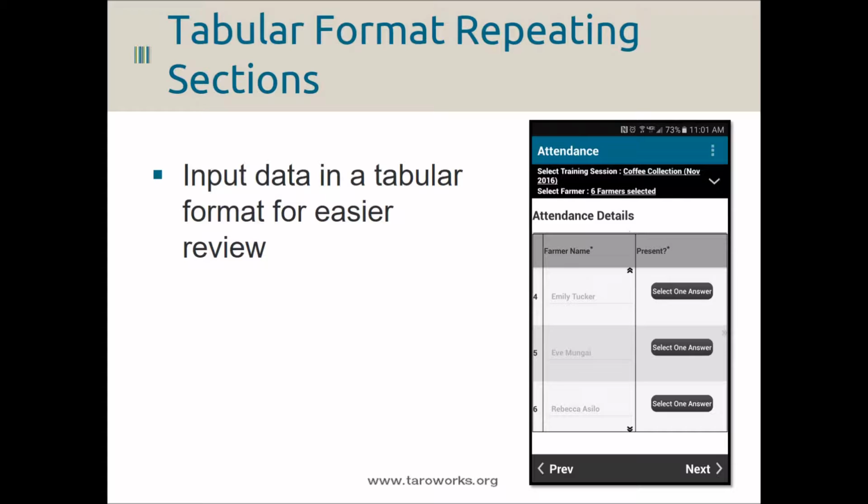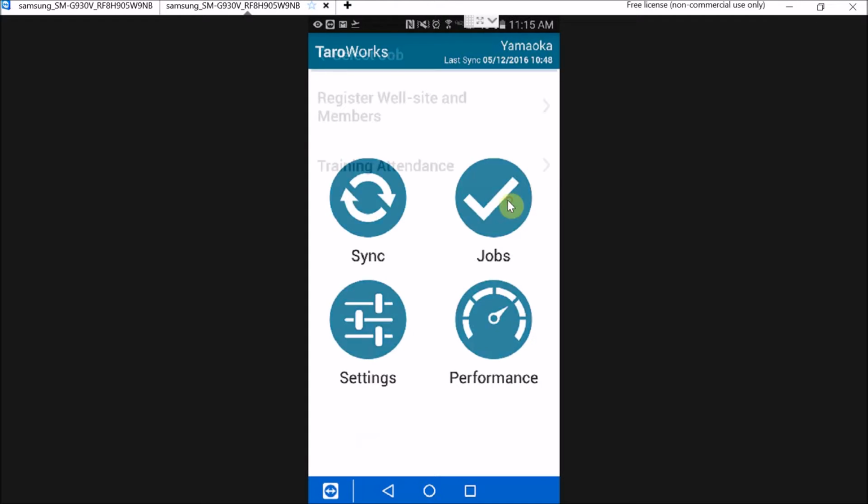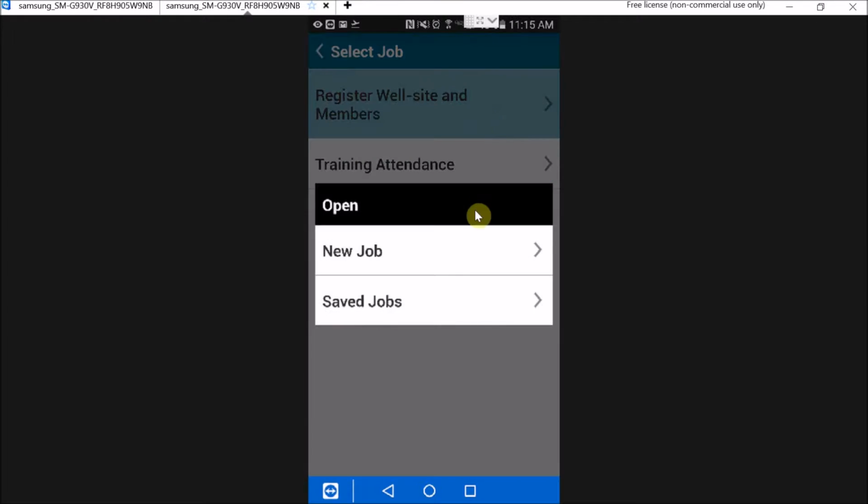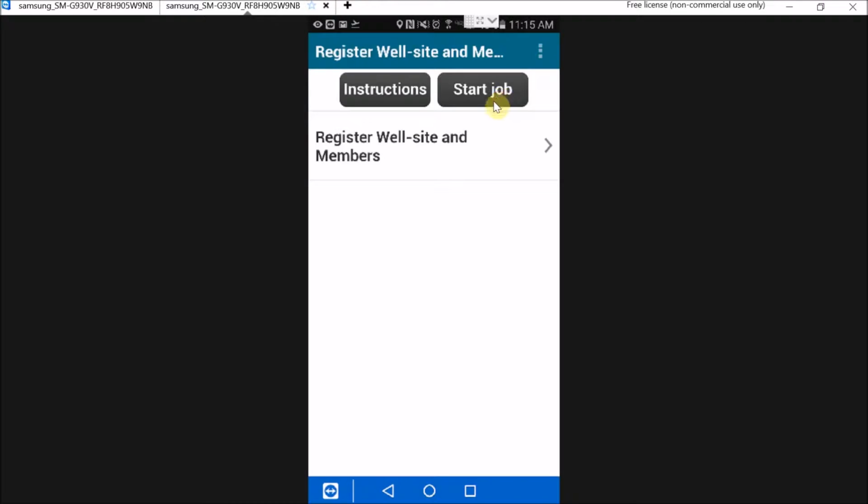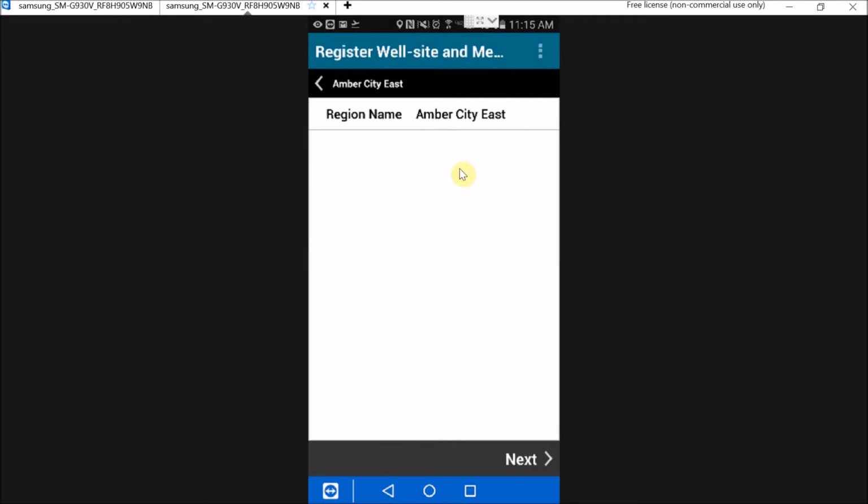It also helps to display a lot of information in an organized fashion on a single page, especially on larger screens. Let's take a look at a registration example. As an Aquacom mobile user, I have a job to register a well site and its members. When I start the job, I'll select a region